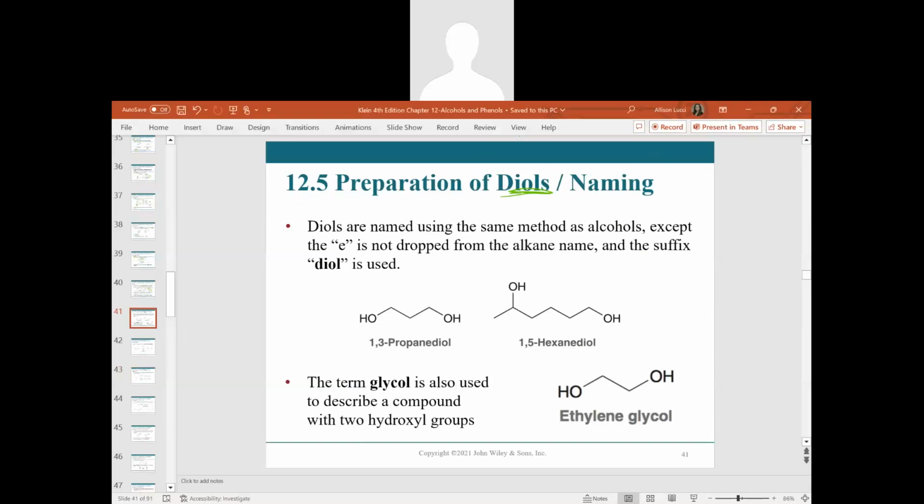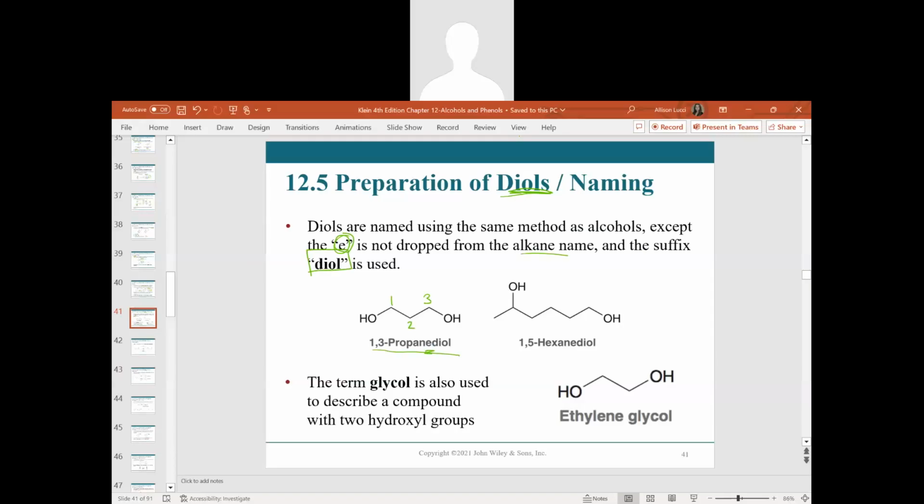They're named through the same method as alcohols, except the E is not going to be dropped from our parent alkane. Instead, we're going to keep the E, and then after that, put diol. So we have two, so the prefix di in the ol ending that we've seen with other alcohols. In this specific compound here, this is named as propanediol, and we see that we have 1, 2,